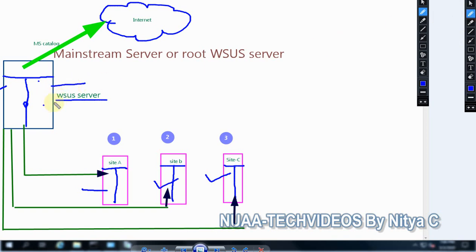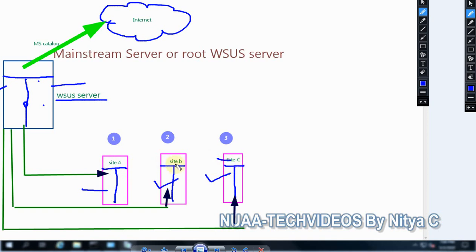So this is the mainstream server which I already installed, that is the WSUS server, and it is directly connecting to the internet and downloading all the relevant patches which are configured on the mainstream server. And we have three sites: site A, site B and site C, as you can see here.